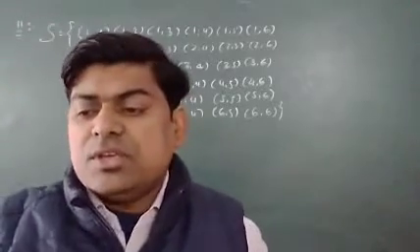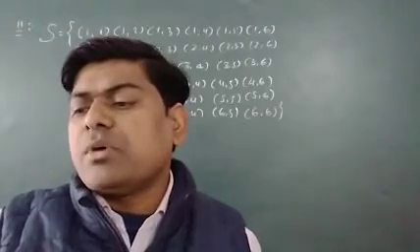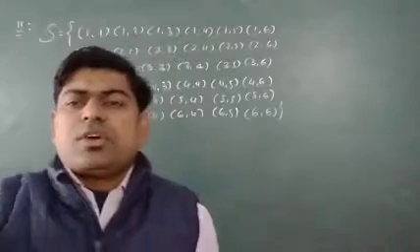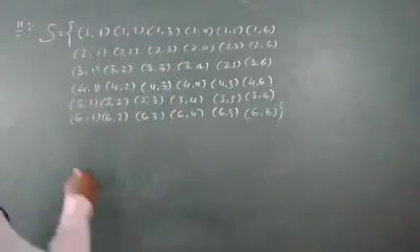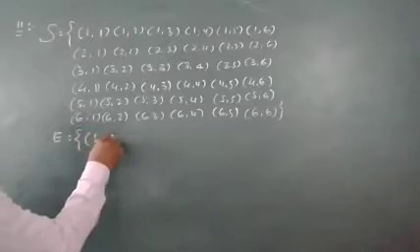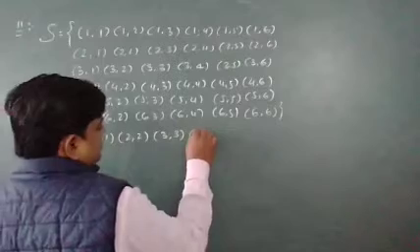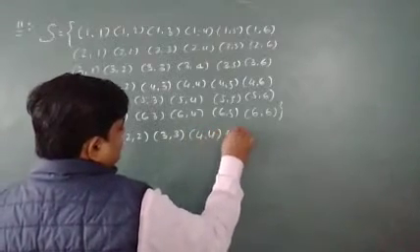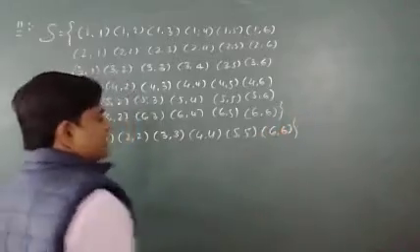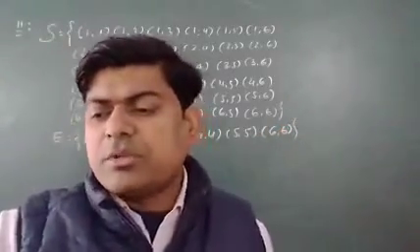It's written, if E is the event that both dice come up with the same number. On the first and second die we are having the same number. So E can be written as 1 1, 2 2, 3 3, 4 4, 5 5 and 6 6. It's called a doublet also.